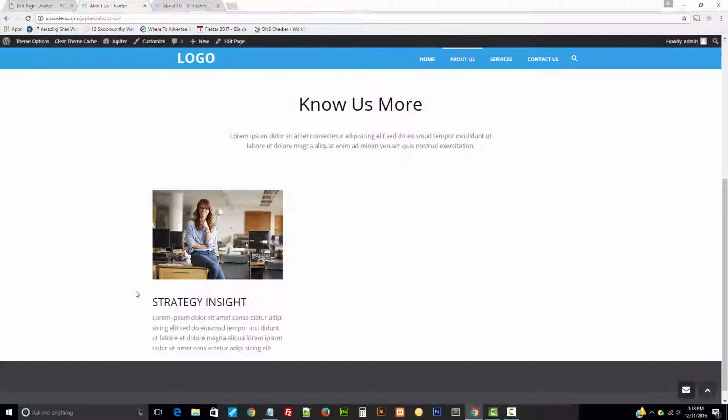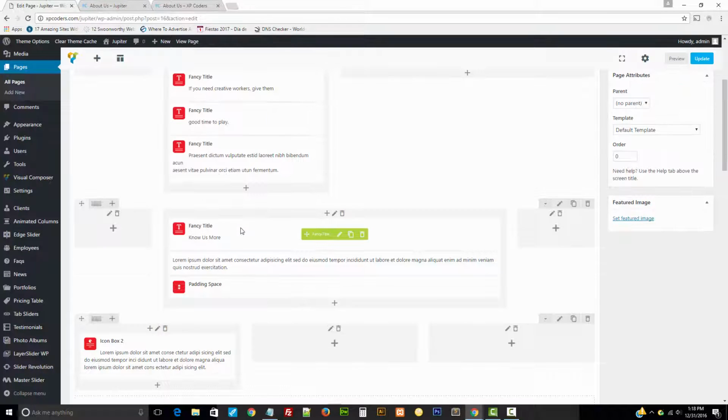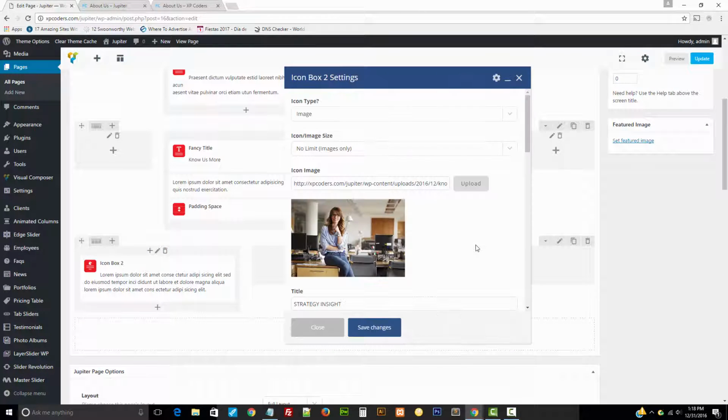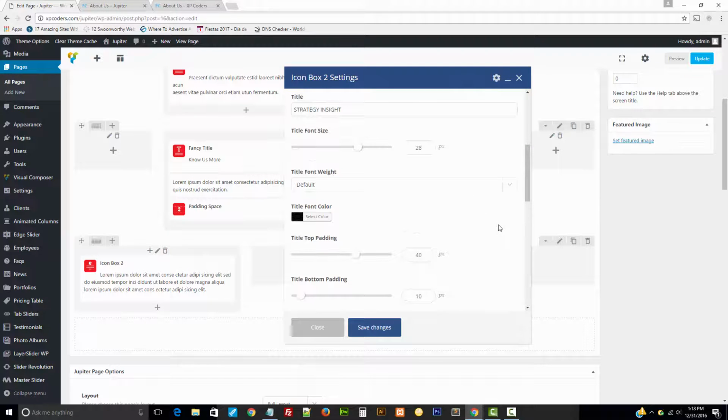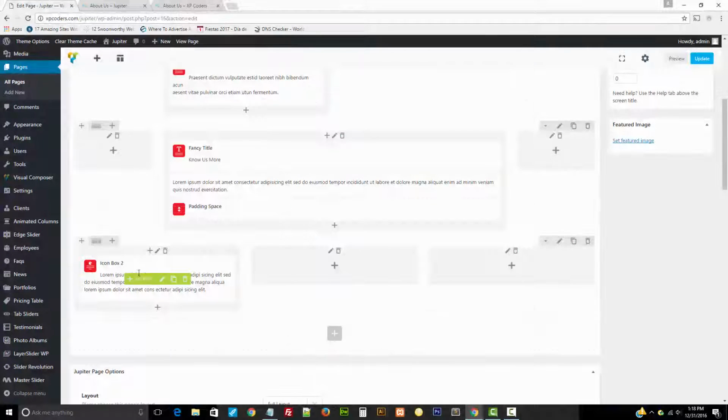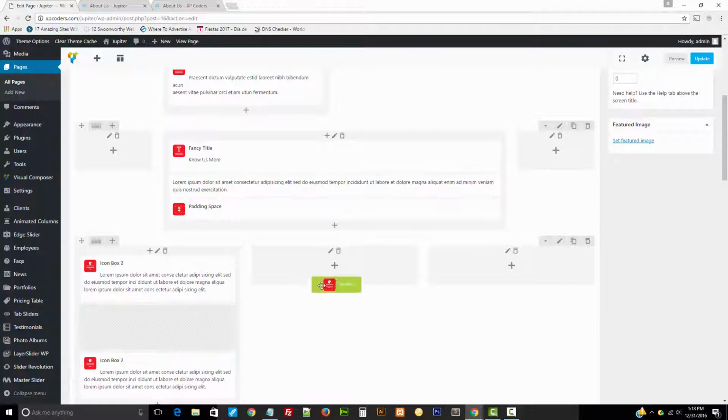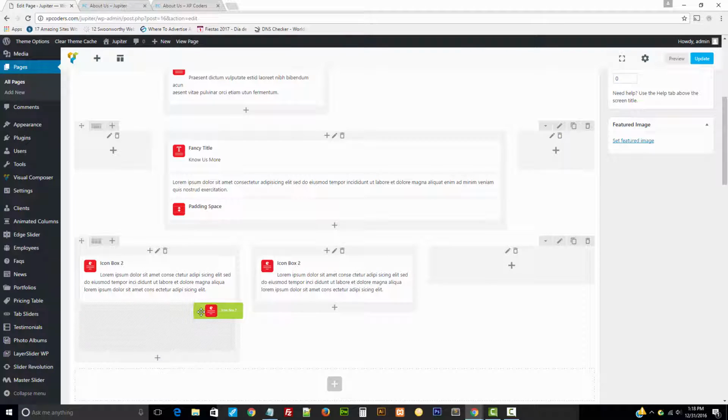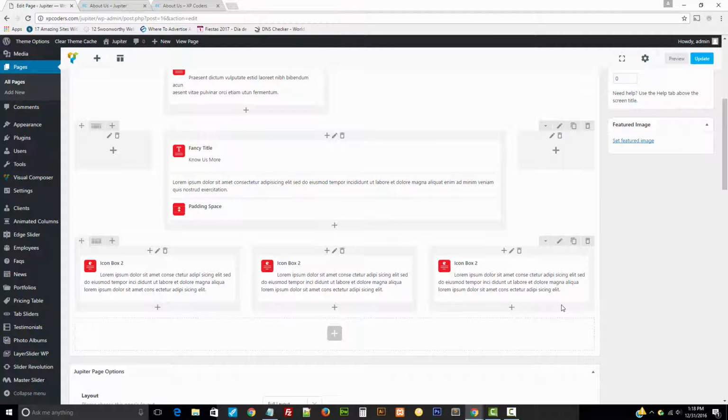Alright, there you go. So that text there, looks like there's some padding there actually. Let me see what the padding is. Okay, 40 and 10. Okay, so let's go ahead and duplicate this 2 times. Just copy and drag that there. Drag and drop it. And the only thing that we have to do here is change the title and the